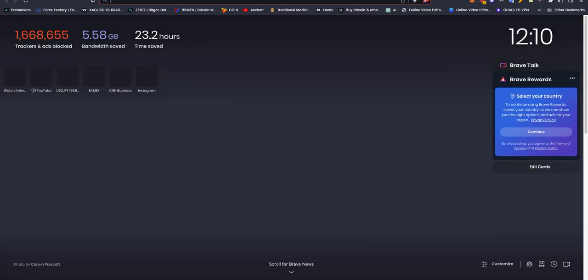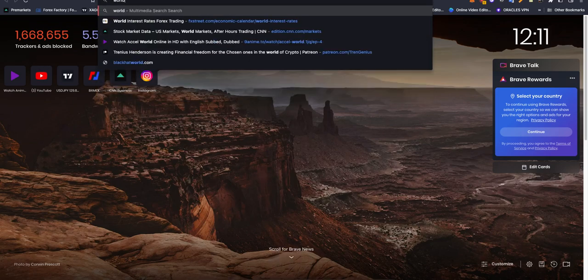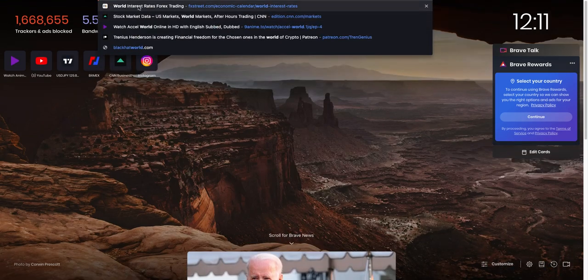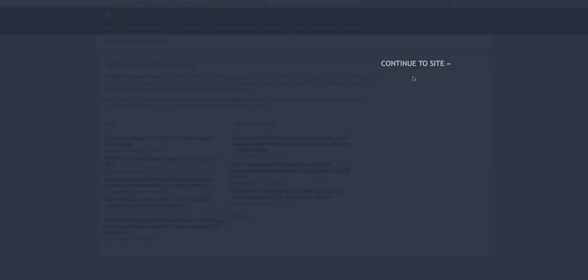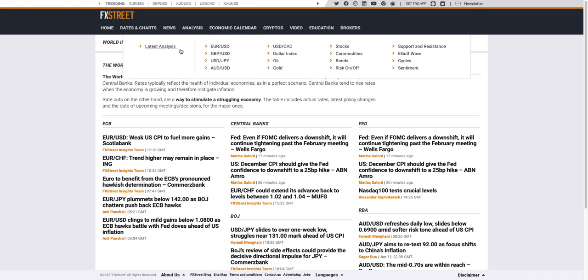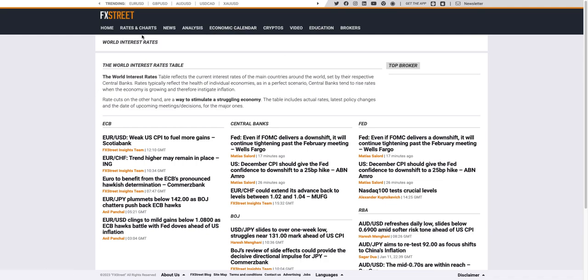Now, where you can find interest rates in the Forex market is this site, World Interest Rates, Forex Trading, fxstreet.com. If you go to fxstreet.com and you go to World Interest Rates, once it loads,